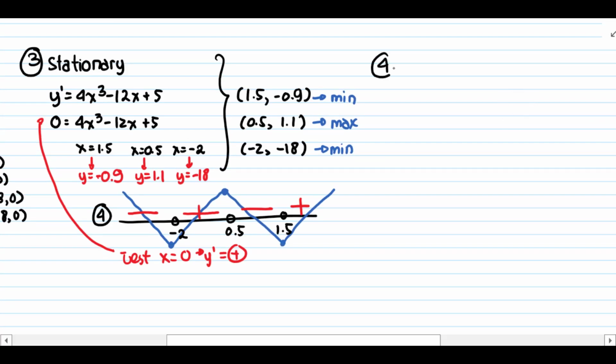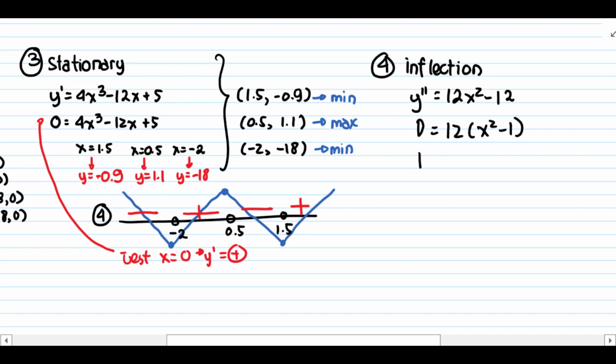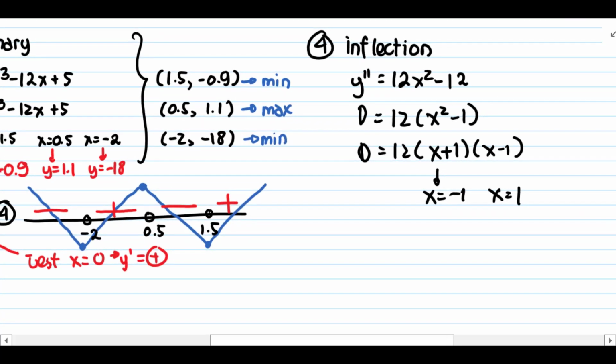For number 4, we have to find the inflection point. To find the inflection, you have to find y''. It will be 12x squared minus 12. And then make it equal to 0. 0 equals 12 in the bracket x squared minus 1. 0 equals 12 in the bracket x plus 1, and then x minus 1. So from this one, I will have x equals negative 1 and also x equals 1. And then after that, we have to